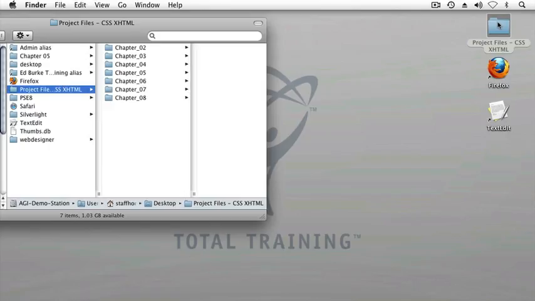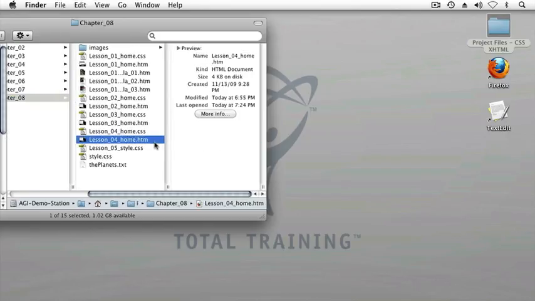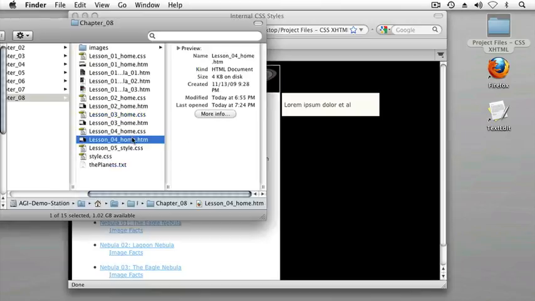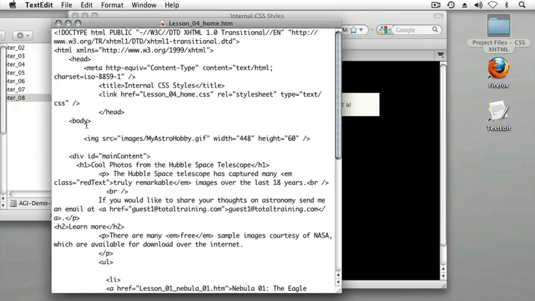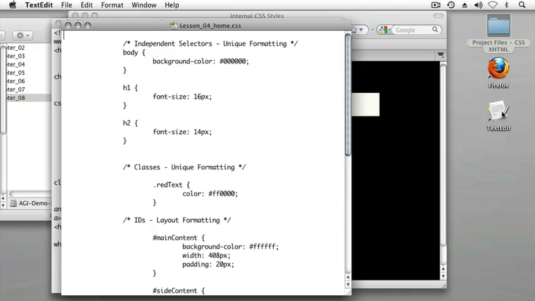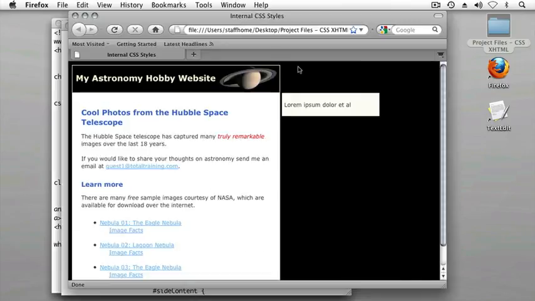In the Chapter 8 folder, if I double-click on lesson_04_home.htm, we'll see a web page which looks very much like that of the previous lessons. And I'm going to open lesson_04_home.htm and the accompanying CSS file in my HTML editor, which in this case is TextEdit. And I'll open the CSS file as well by dragging the CSS file onto my TextEdit icon on my desktop. I'll close the Chapter 8 folder down, and I'll switch back over to my browser for a moment, and I'll